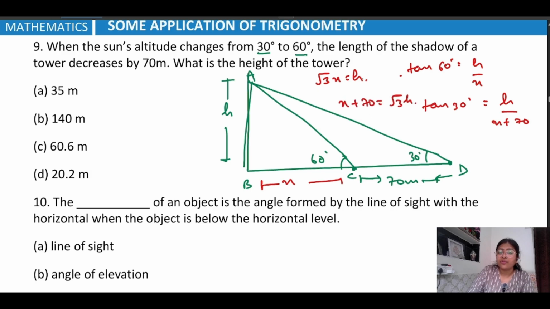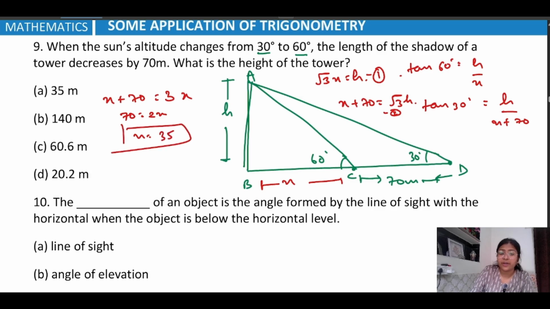Put the value of h from the first to the second. You will get x plus 70 equals 3x. So 70 is equal to 2x. The value of x is 35. But you need to find out the height. So height will be 35 root 3, that is 35 into 1.73, which is approximately equal to